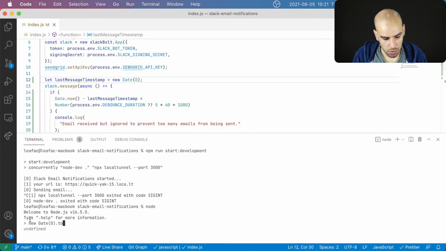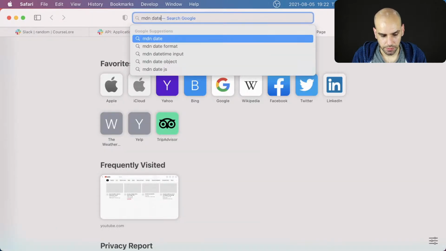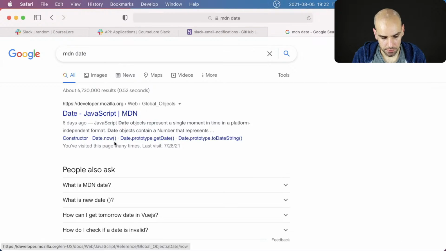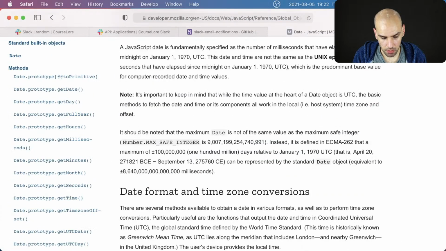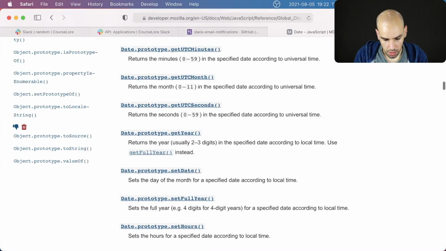Well, that's silly to do new Date(0) because the to value of this, what is it called? The to number, not to value, not to number. How do I get to time? I think it's called getTime. How do I get the number of milliseconds?